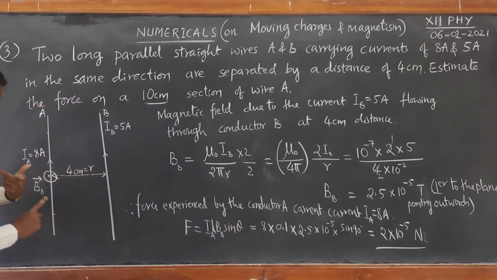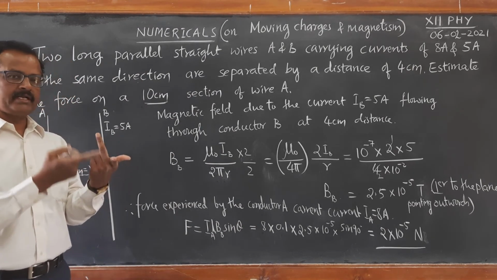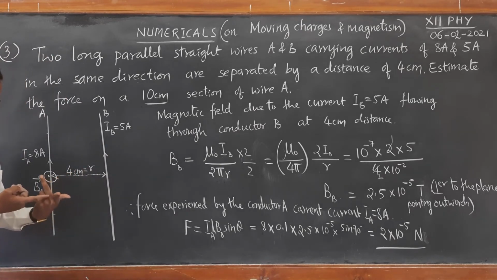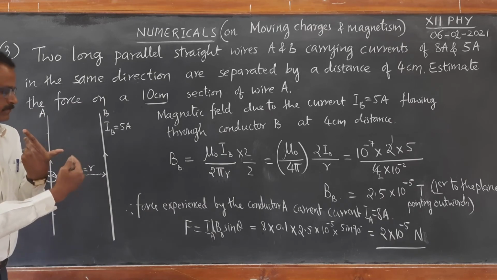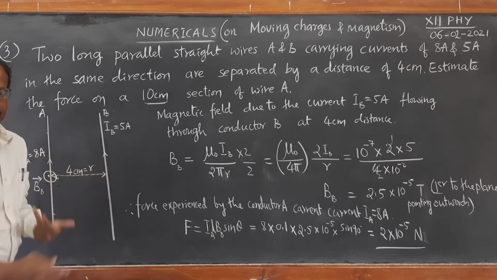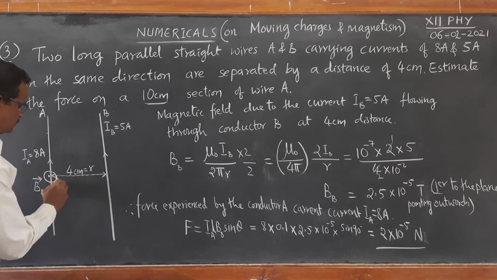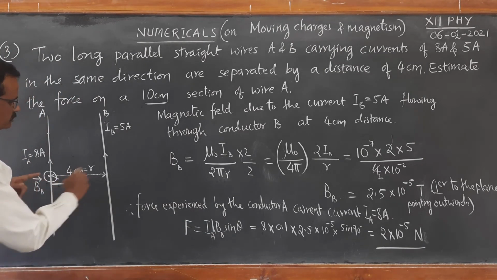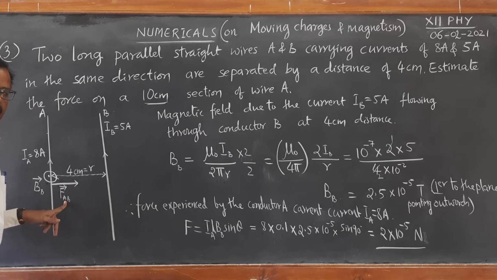You see the magnetic field is pointing towards you. And the central finger shows the direction of current. The current is vertically upwards. You see the direction of the thumb. The thumb is pointing towards conductor B. Therefore, the magnetic force, that is Lorentz force, acting on this is acting towards this one. So I can write it as force on A due to B is going to be towards B.